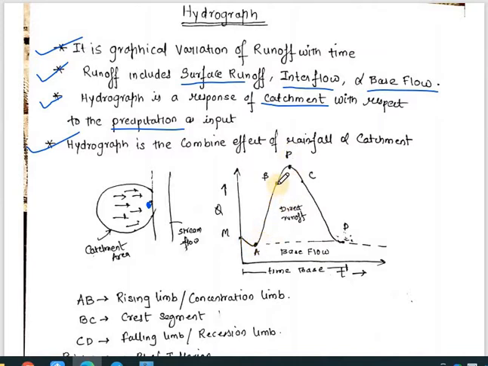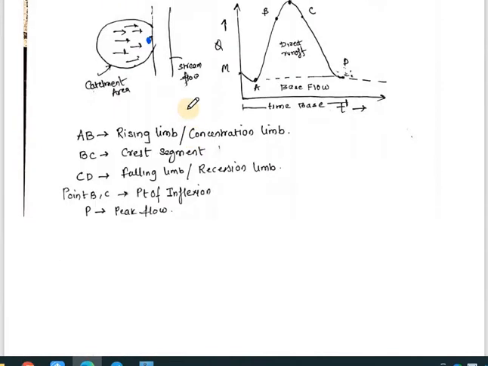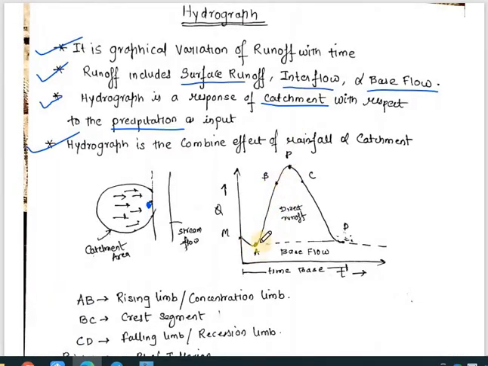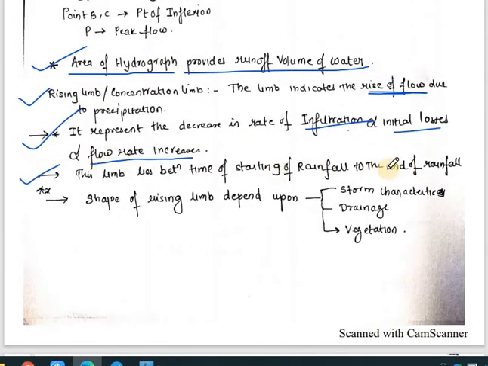The rainfall will end at B, because once the rainfall ends, there will be a time when all the water reaches this gauge after the rainfall is over. So the peak point will be received only when your rainfall is over. Generally, the AB line, this rising limb line, represents the rainfall duration only. It will happen during the rainfall duration only. The rising limb lies between the time of starting of rainfall to the end of rainfall.